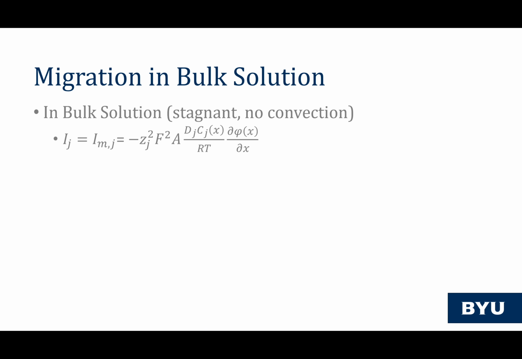All right, welcome back as we go through migration mass transfer for electrochemistry. So first off, let's just consider the current that came from migration. We're not going to worry about convection or diffusion. And we can define this with the charge number of our species. We have Faraday's constant, the area, diffusivity, concentration, universal gas constant, temperature, and then this is the gradient of the